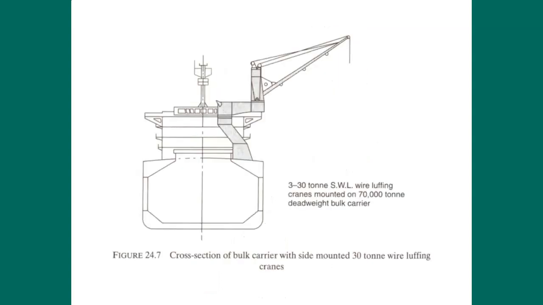And then we switch over to cranes, cargo cranes. My question to you, let's see, cross-section of a bulk carrier, so it's not really a question because the answer is right there, with a side-mounted 30-ton, that's the lifting capacity of the crane, a 30-ton crane. So a bulk carrier,